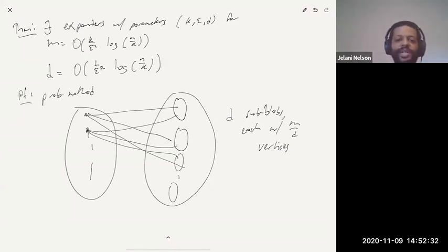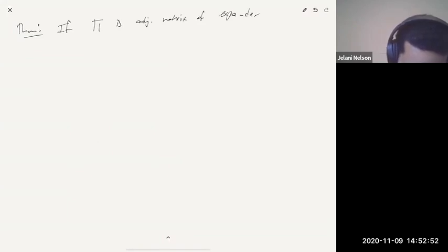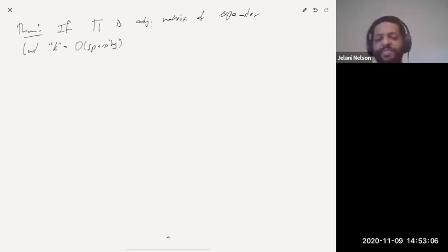Okay, good. So that's what an expander is. So what does that have to do with us? Theorem: if pi is the adjacency matrix of an expander with parameters, let's say specifically, with the k that you're going to choose in the definition of expander being like O of the k that you use for sparsity,